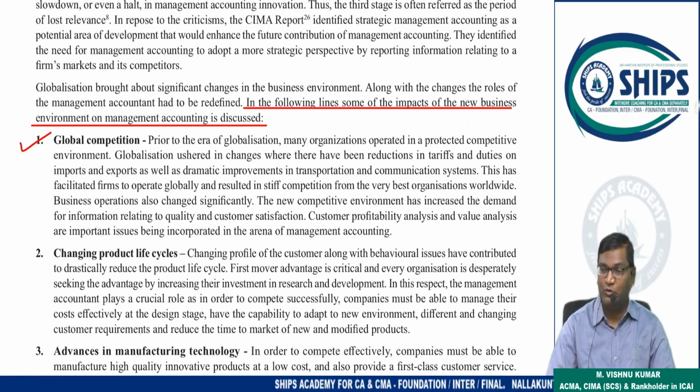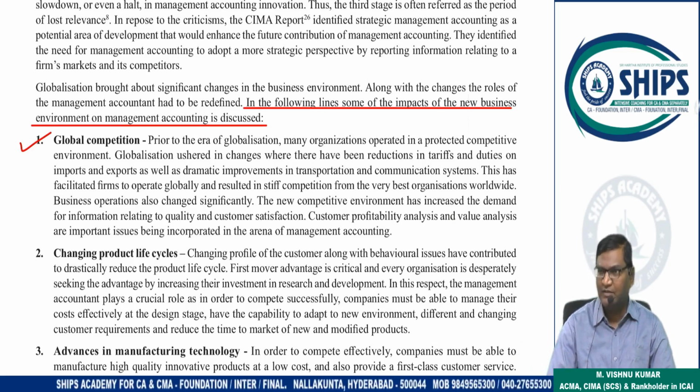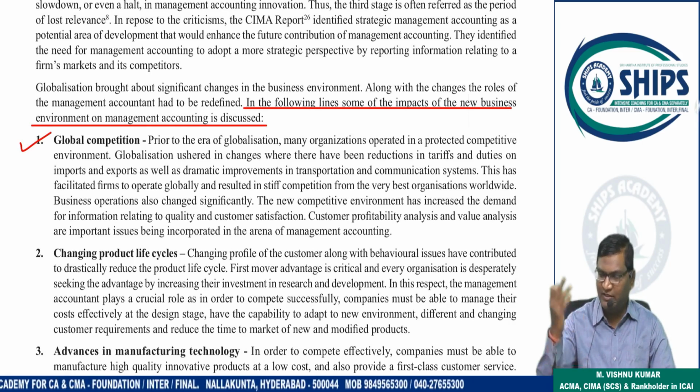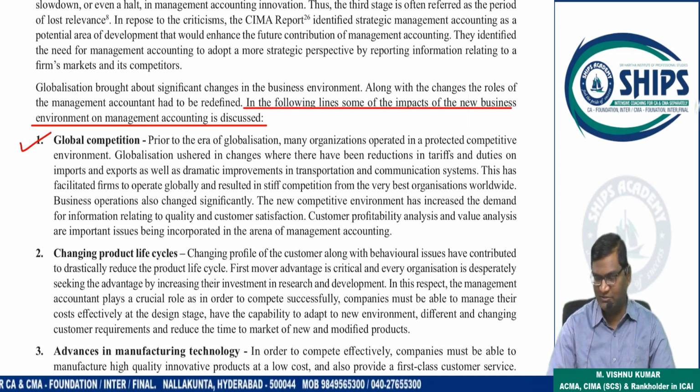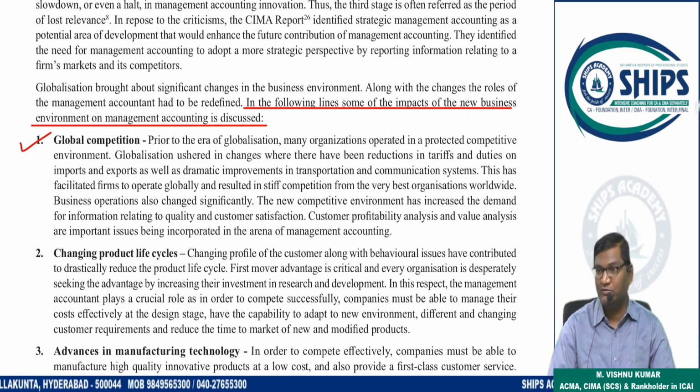When you are doing business, you should not think only domestic, you should think about global also. So for example, Airtel and Reliance. These companies will have major customers in India only. In the rest of the globe, they don't have customers. So they should think domestically. But Tata company is having business in India also, outside India also, like Tata Steel. The major revenue of Tata Steel is coming from Europe.